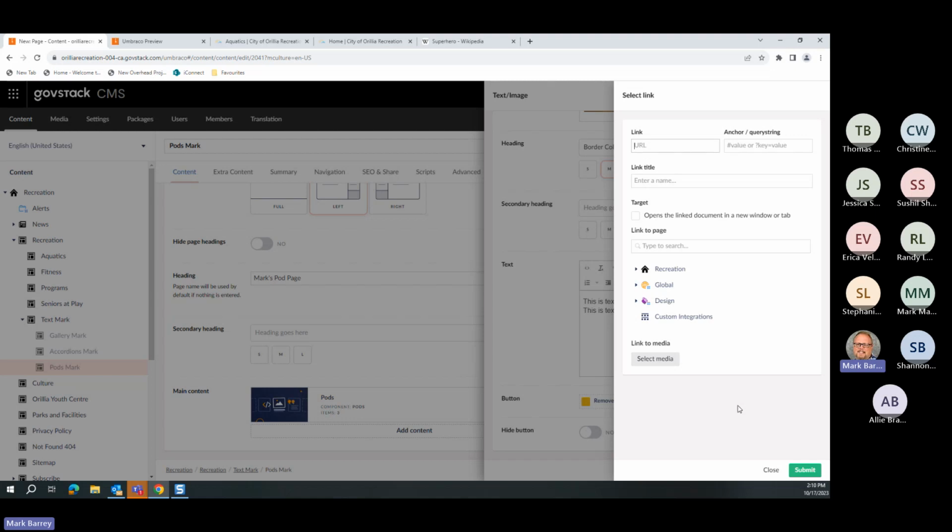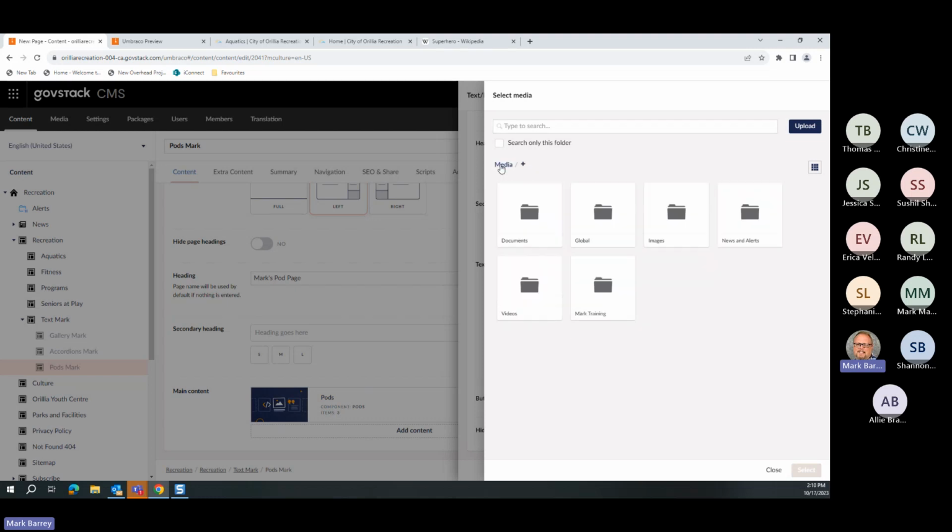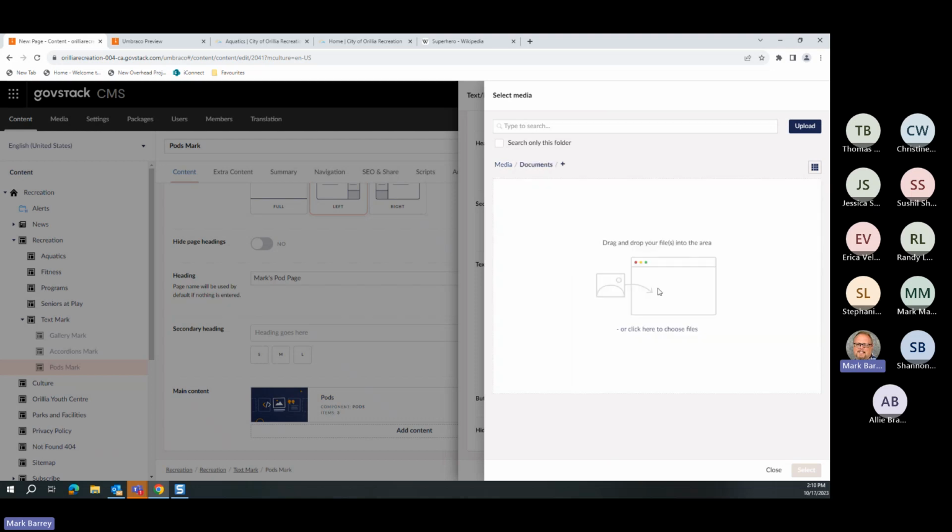So I can't find that document in the hierarchy. And I'm not going outside of the website to it. So I'm not going to copy and paste a website URL. I'm actually using this one down here that says select media. So when I click select media, it's going to reach into my media folders. Now, typically I would have a separate documents folder. So I could always go back to media here and go into the documents folder and pick a document from in here,